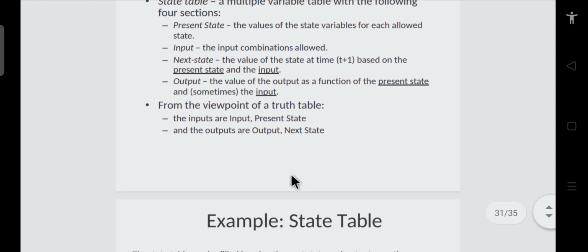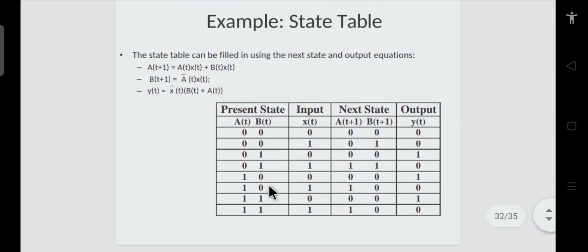So a state table is nothing but a table which shows the present states, the inputs, and corresponding to these inputs, if the circuit is in the present state and if you apply these inputs, then what will be the next state and what will be the corresponding output. Such a table which gives this information is called your state table, and this becomes very important in the case of sequential circuits. You can very easily understand it, it is like a truth table. So you can easily understand it here by looking at the truth table itself.